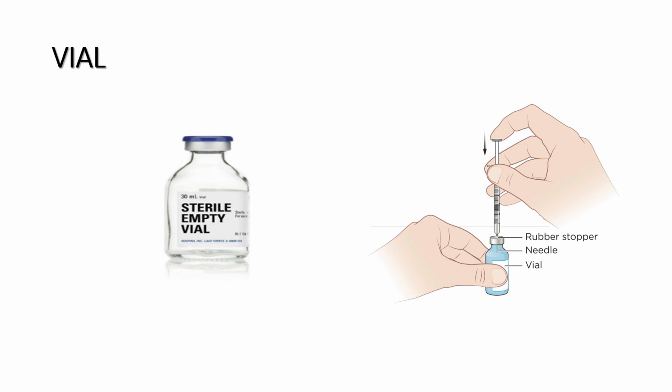Now coming to the vial. As you see, the vial is always stout with a rubber top above. Here is the difference between the ampule and the vial: usually the drug present in the vial will be in powdered form. We can mix the drug with distilled water at the time of usage inside the vial itself. That is why it has a stout bottle body. So we insert the distilled water through the rubber stopper into the drug. It can be shaken well and withdrawn from the rubber stopper itself. And it can also be stored in the fridge for another use.